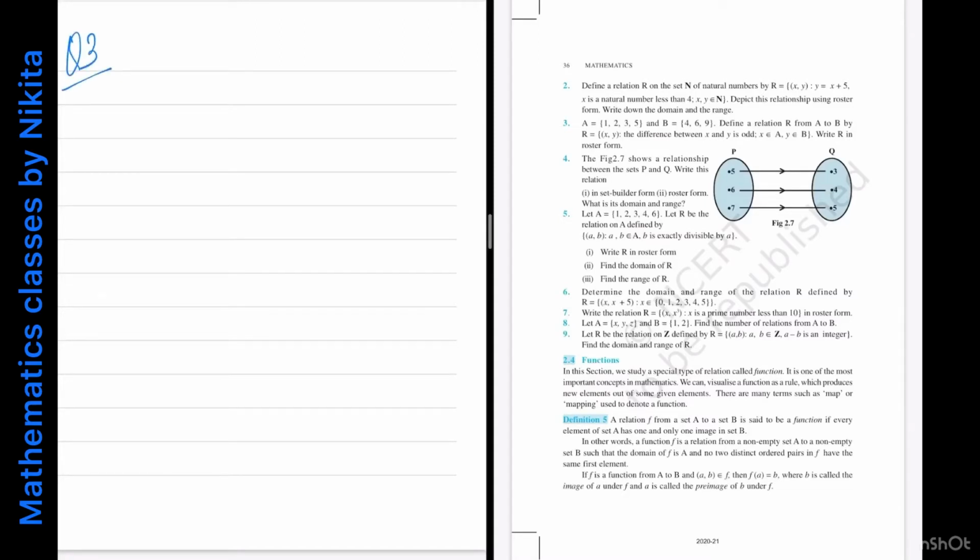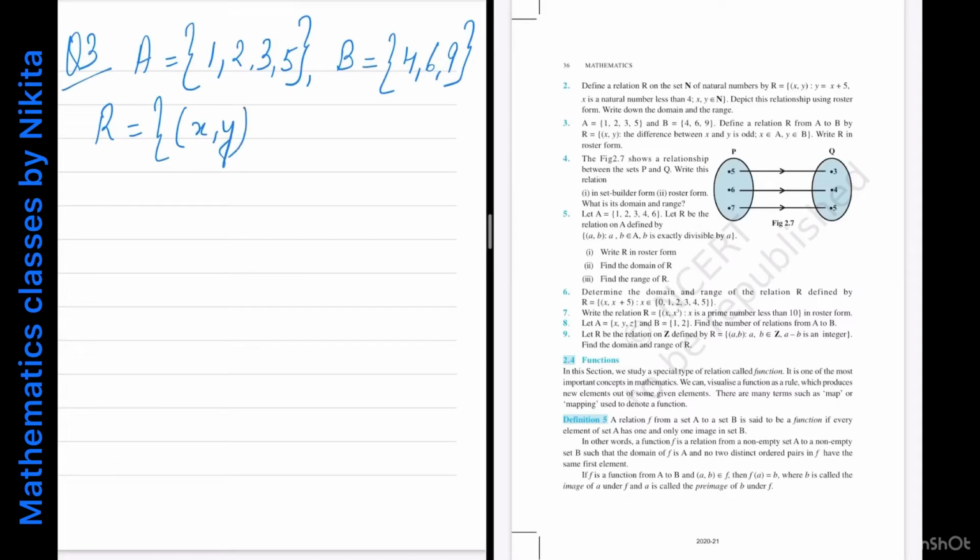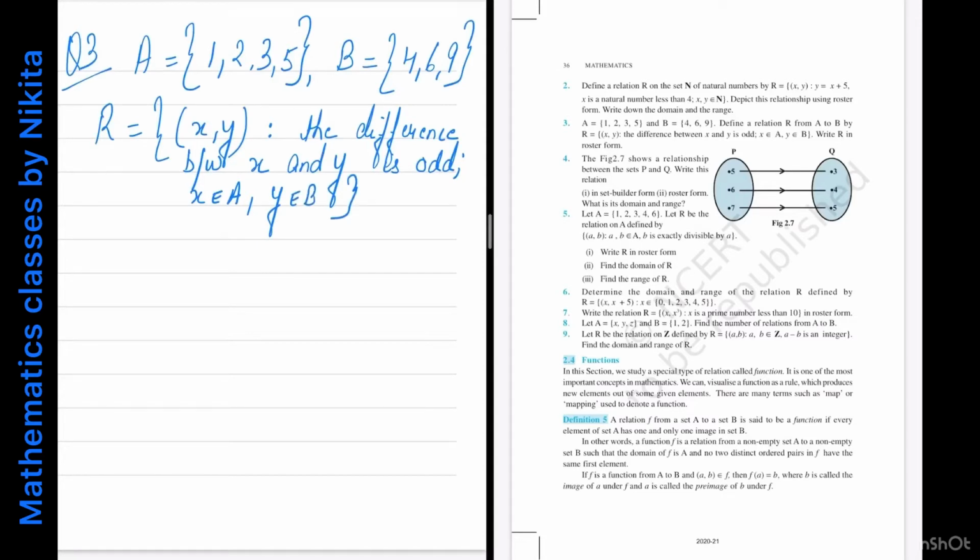So it is given that A is equal to {1, 2, 3, 5} and B is equal to {4, 6, 9}. And R is given to be (x, y) such that the difference between x and y is odd. x is coming from A and y is coming from B. Now I want to tell you one thing. So note,